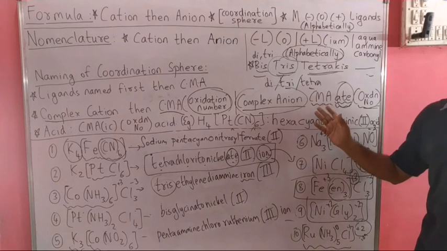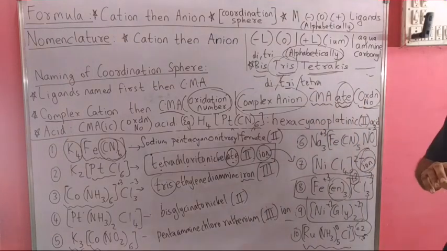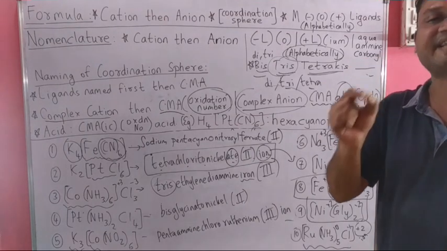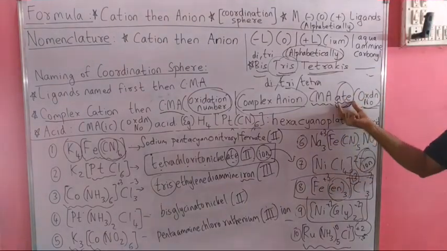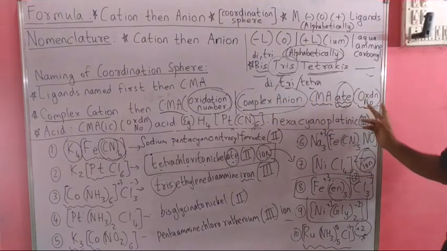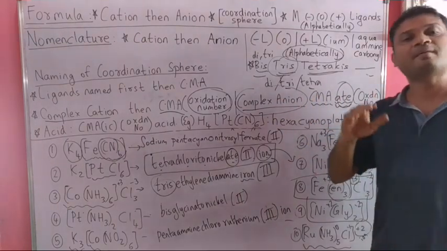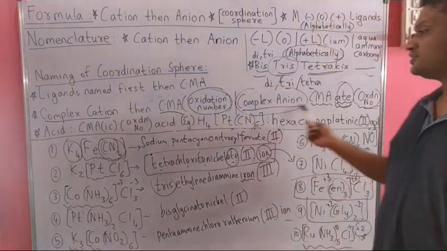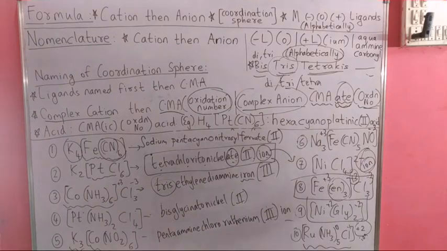Then if we have a complex anion, then we'll write the ligands first, then the central metal atom followed by the suffix ATE if and only if we have a complex anion. And finally we will have the oxidation number in brackets in Roman numerals. So that is how we name the